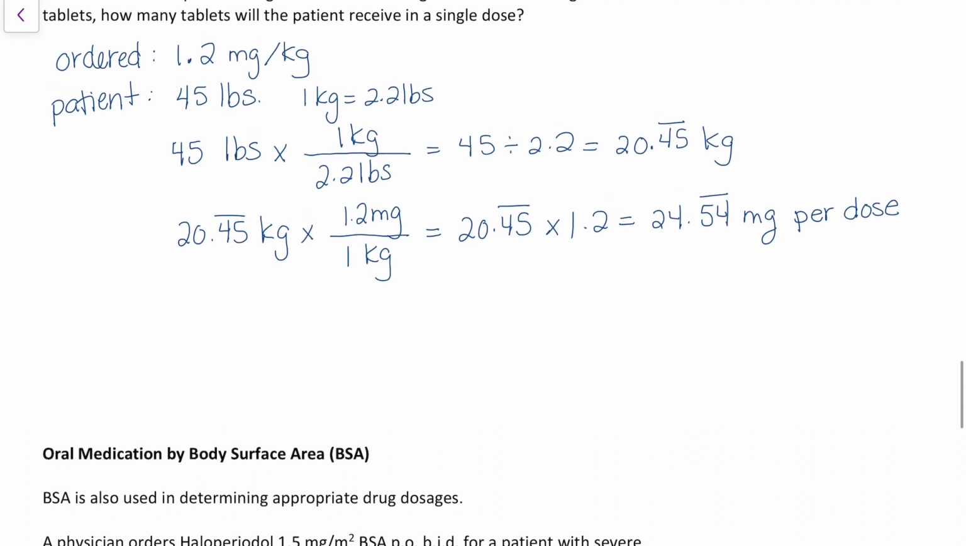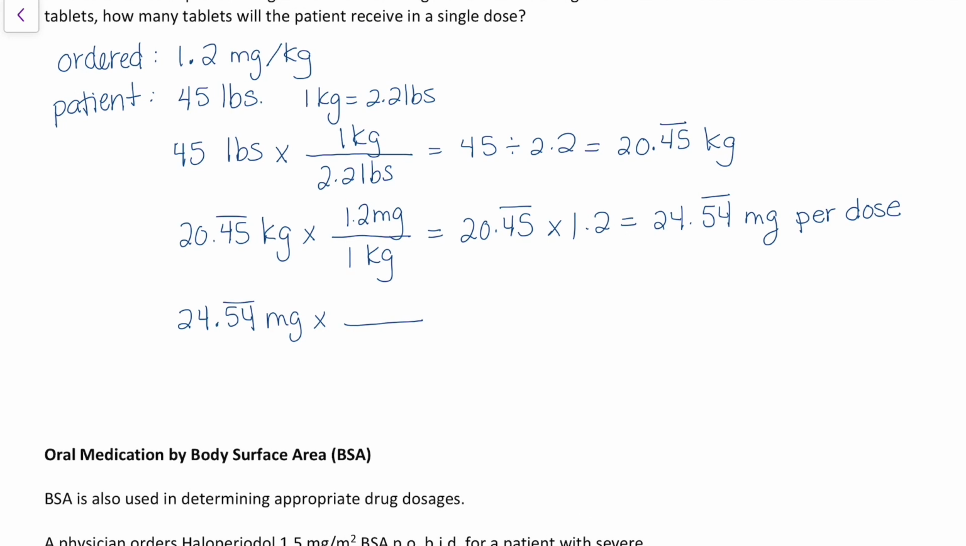So let's do 24.54 milligrams times 16 milligrams in 1 tablet. So you can see I've almost created my own conversion rate there. And so I'm going to divide 24.54 by 16. And I get 1.534 and so on tablets. So I'm going to round this to 1.5